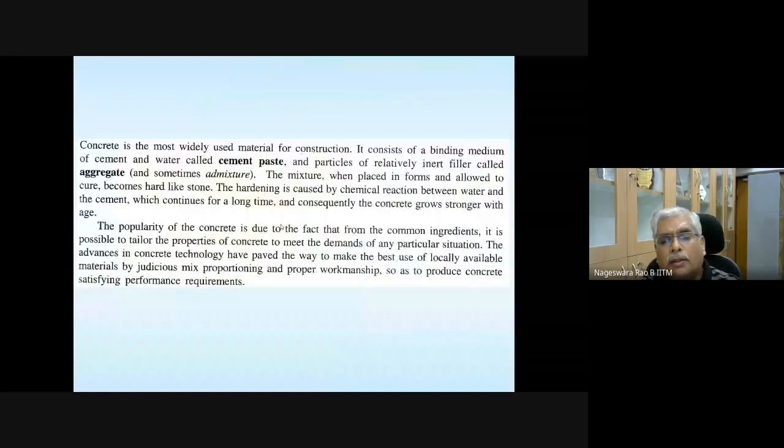And now, coming to this, I have compiled some material taken from different sources, whichever I feel is easier to understand. So let's go through this. Concrete is the most widely used material for construction. It consists of a binding medium of cement and water called cement paste, and particles of relatively inert filler called